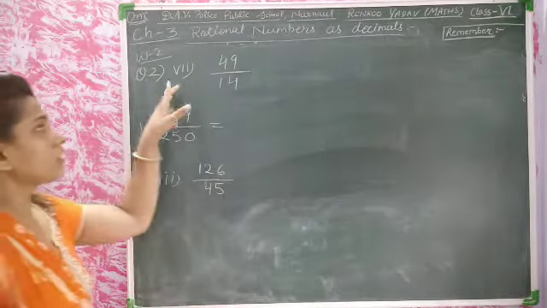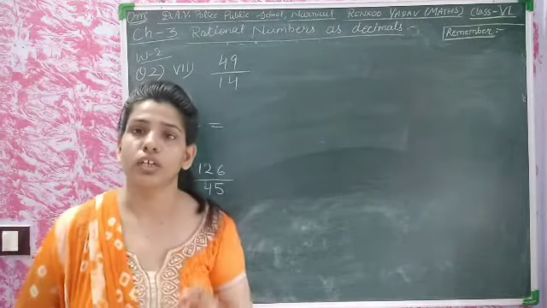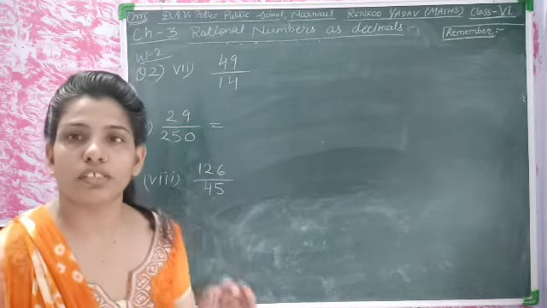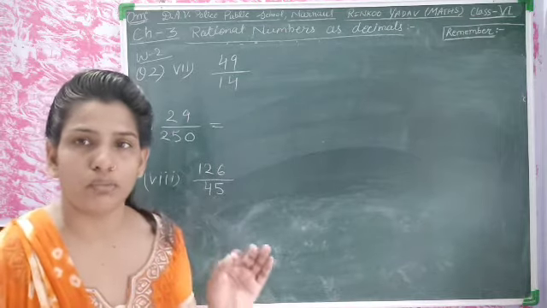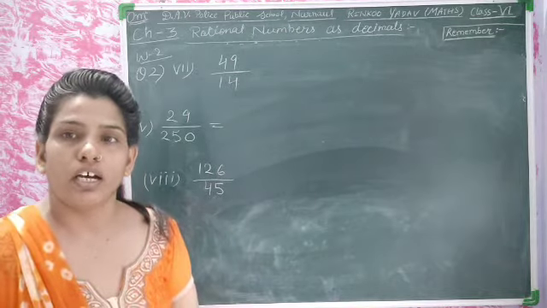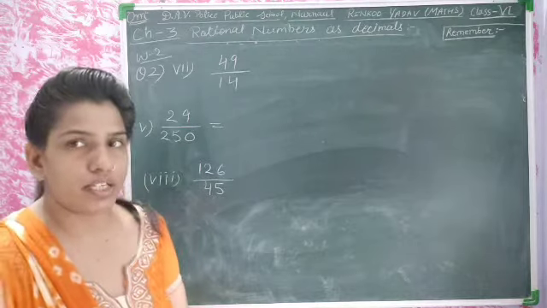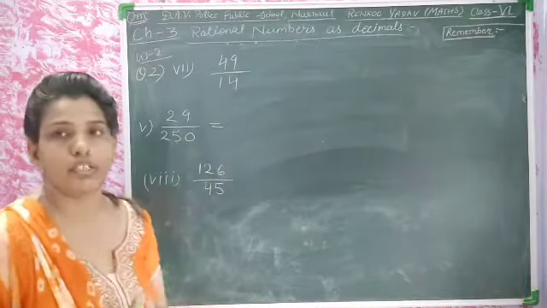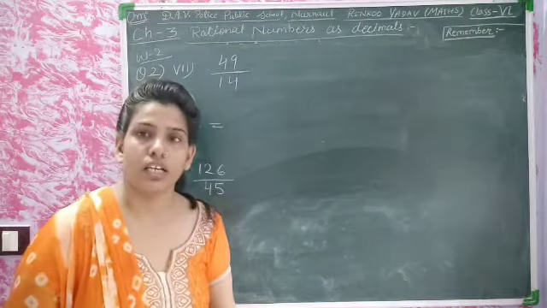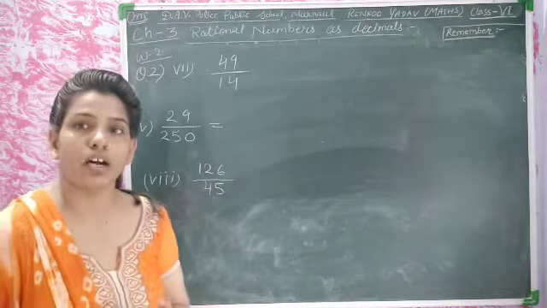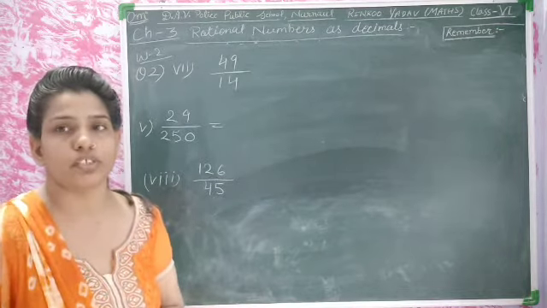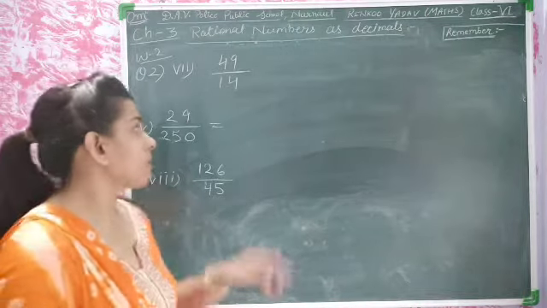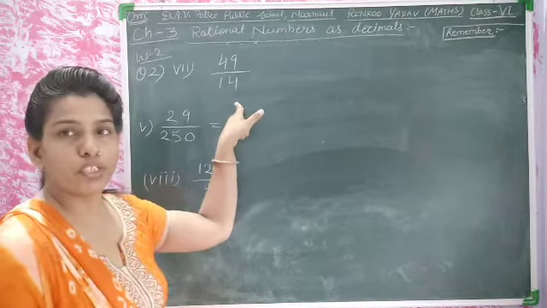Yes, students, there is question number 2. In question number 2, we won't use the long division method. We will not say by long division method whether this number is non-terminating or terminating. We will use a trick. Directly, without any actual division, we have to tell whether this is a terminating number or a non-terminating number. Let's see here. We have already done how to find whether a number is terminating or non-terminating without actual division. So let's see, what will we do here?